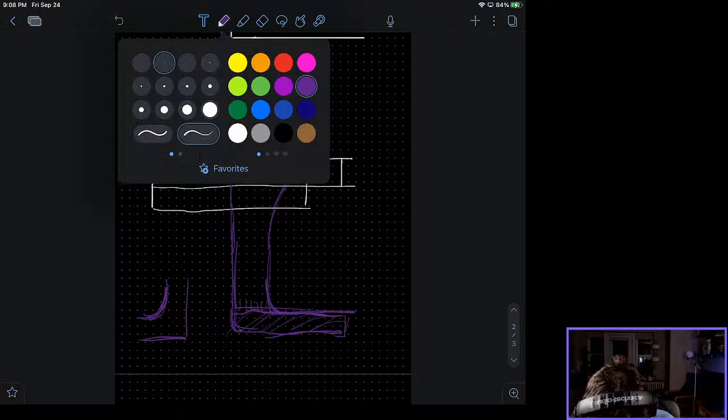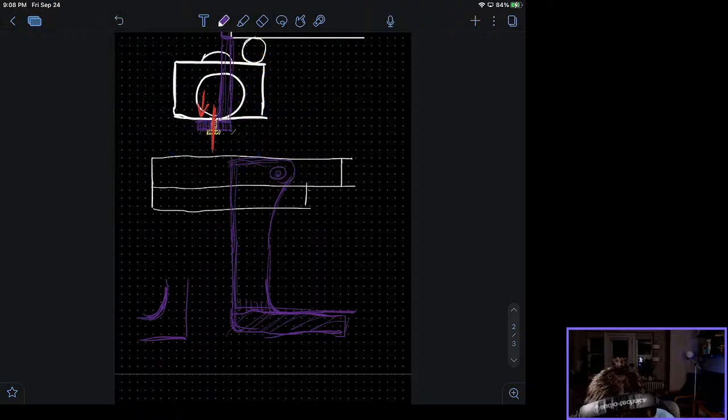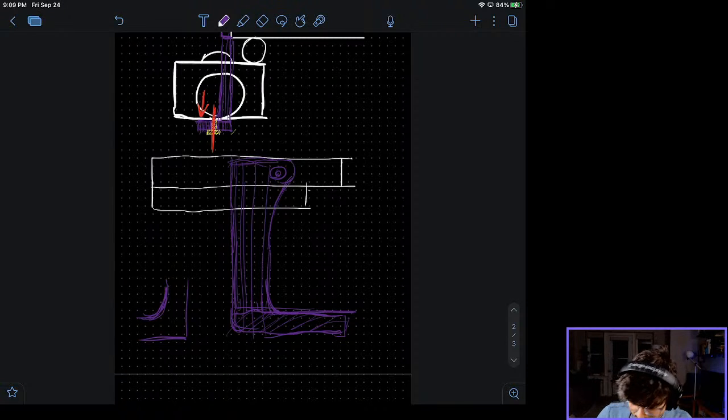So then the layer lines are actually going to be this way, in this orientation, which is... is that what I have here? No, I don't.